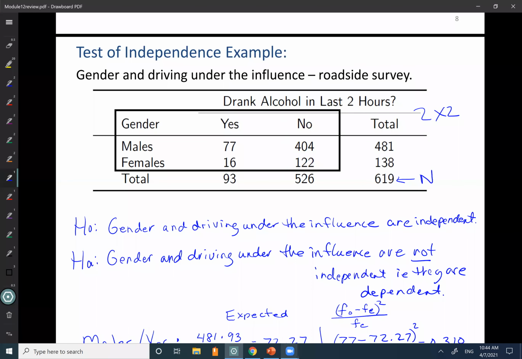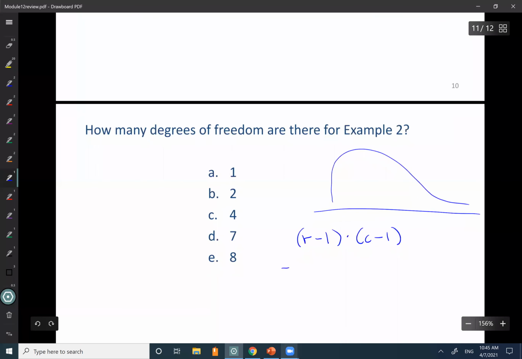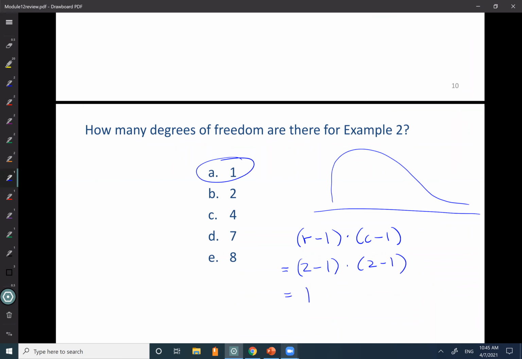So you take the number of rows and subtract 1, and you take the number of columns and subtract 1. So we had two rows and we had 2 columns. That's just going to be 1. So if you answered 1, that is correct. You were able to figure out what the